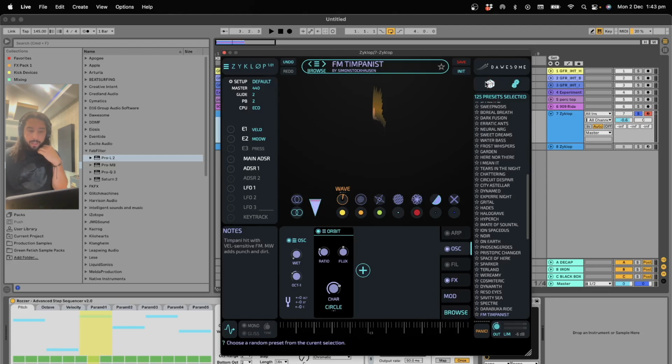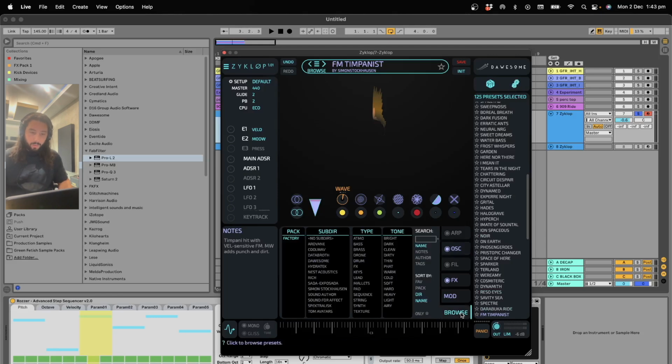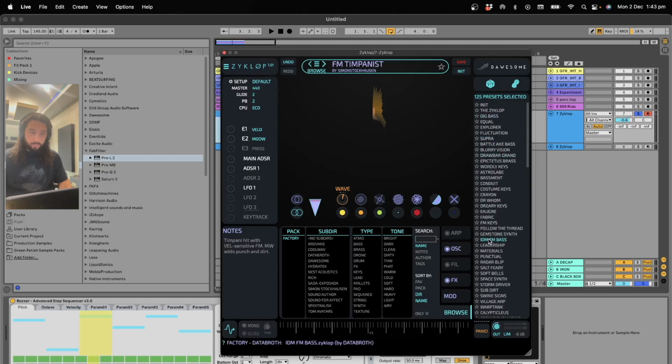It seems that when you hover over anything in there, you'll get the description down the bottom. So, for example, I'm on the question mark dice. Down the bottom, underneath the piano roll, it's basically saying choose a random preset from a current selection. And then we can randomize parameters, and you can hold it longer for more changes. That I love. That obviously seems to be quite standard now in all these VSTs. So when we click browse here, all 125 come up in the side, but you can sort of filter